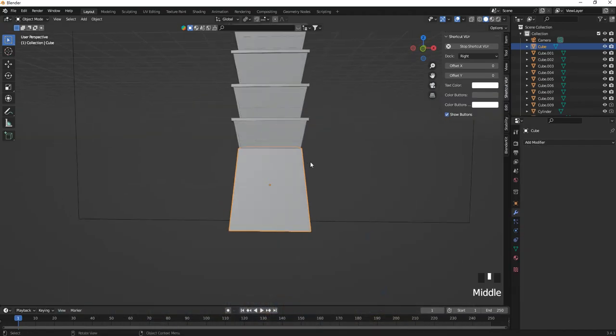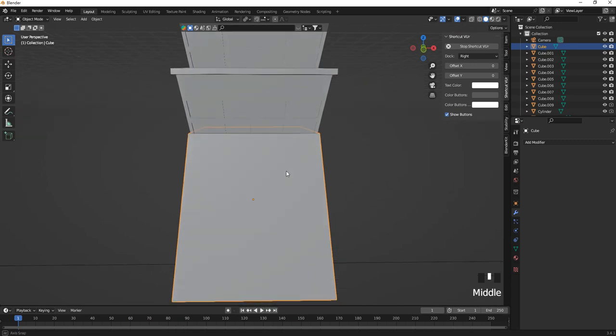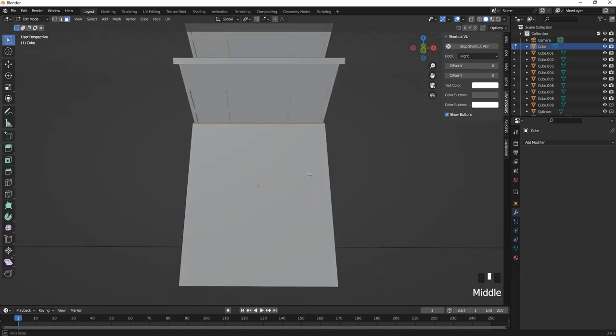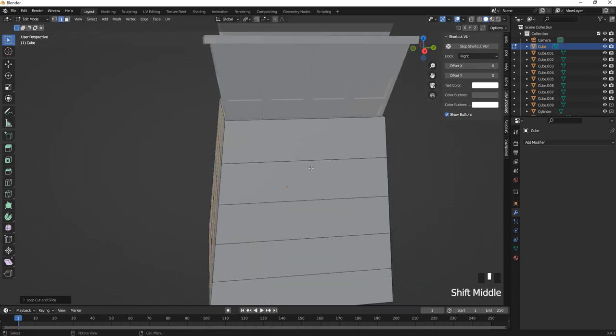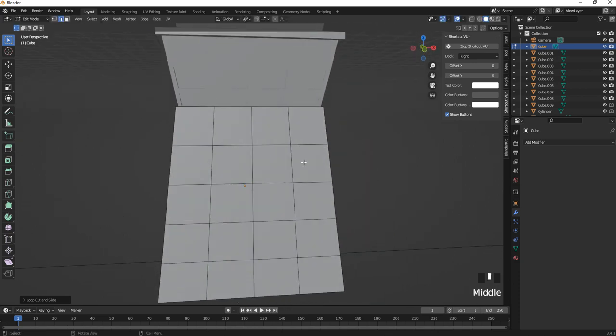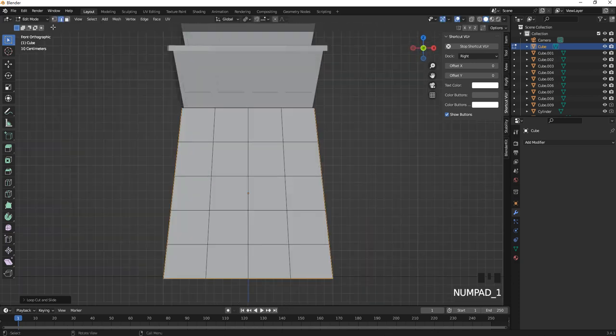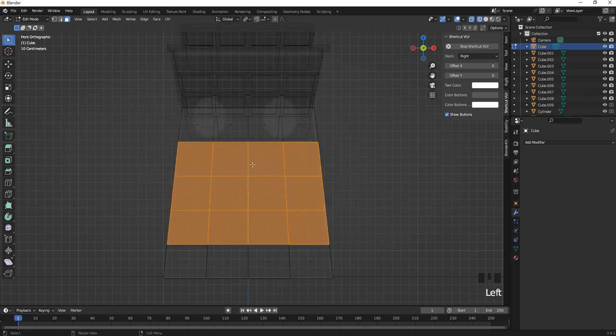So let's do this. First, let's go to here and press Ctrl R, increase the segments. Probably 4 is pretty enough. And for this one as well, 4. Ctrl R, 4. Alright, let's go to the front view, go to face mode, go to wireframe mode, select all the faces,